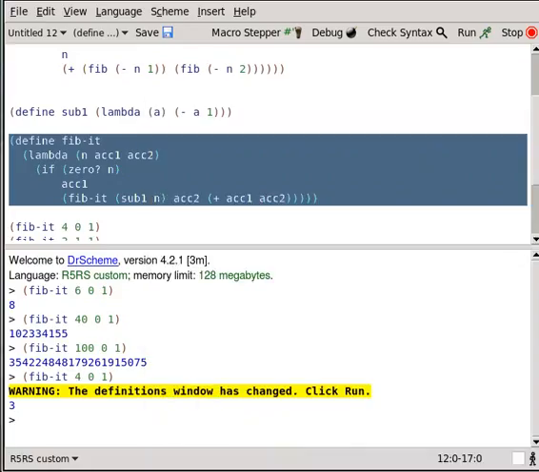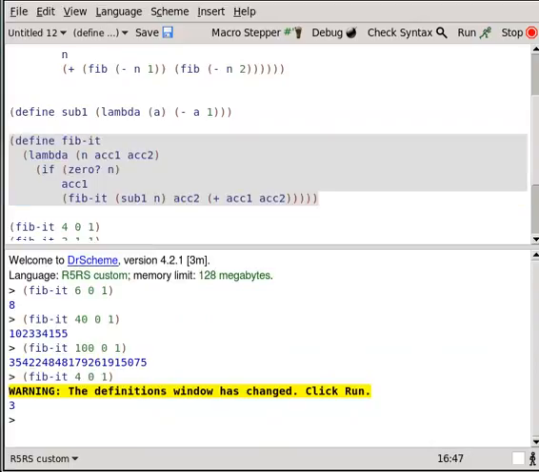Alright, so that just shows you the power of iteration. It's a lot harder to understand, but if you really have to get